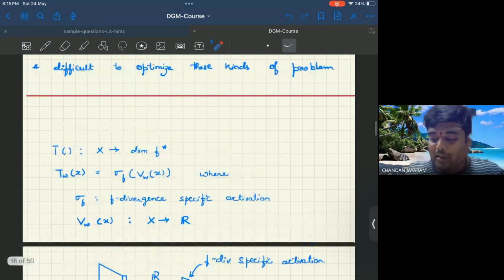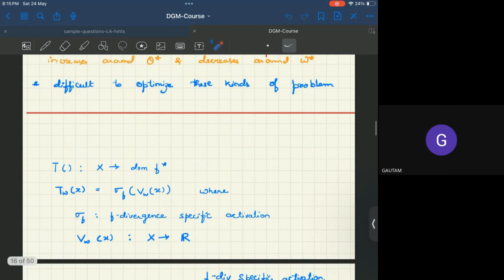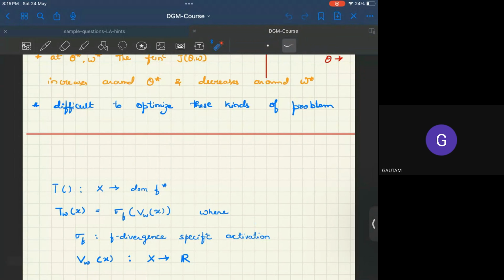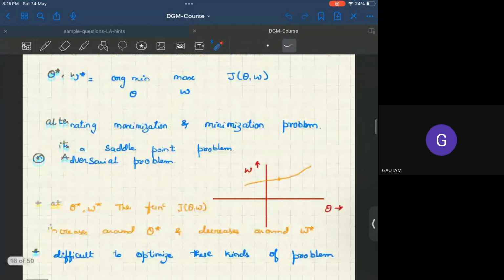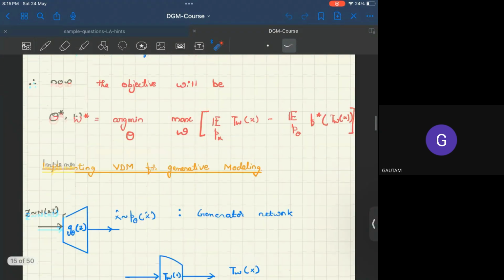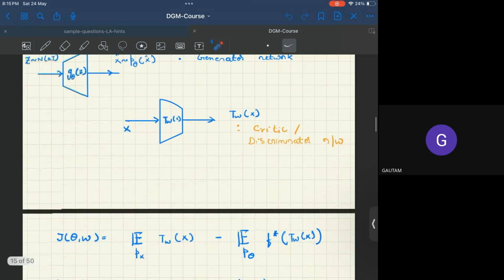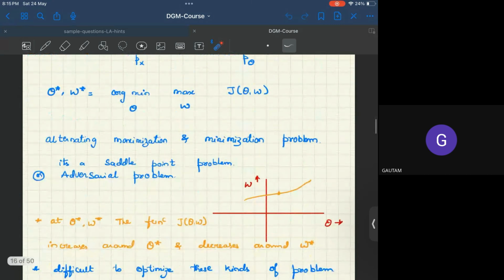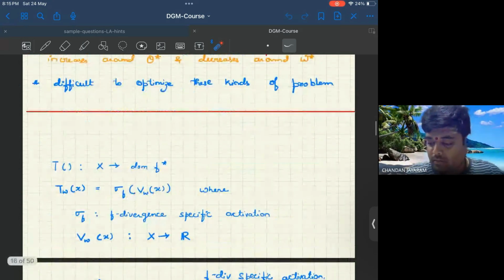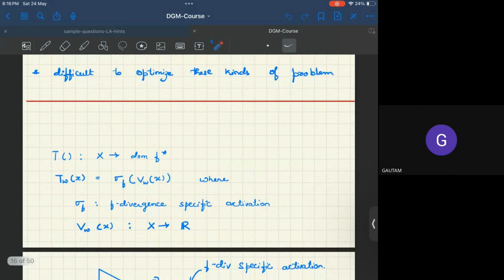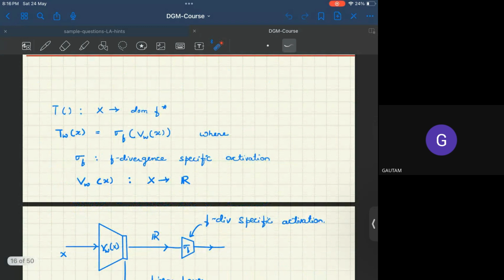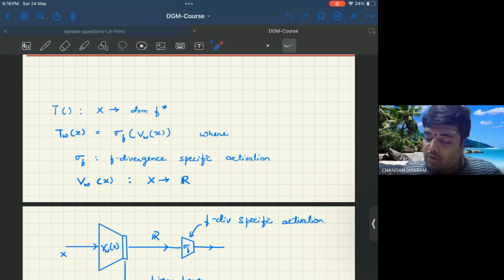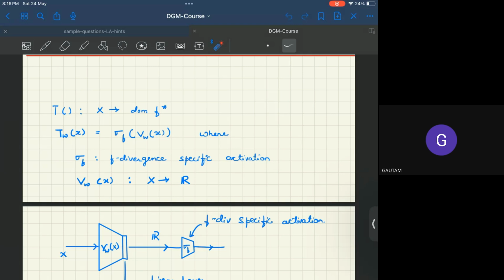Now, that is your question, right? The first part is why it is split into two parts, because we are assuming that the neural network can represent any function as a universal approximating function. So why do we need to split it into two functions? That is the first part of the question. And the second part is that I was lost in getting the sigmoid in the derivation. How did sigmoid come up? Do you remember that there is something called the F divergence specific activation? Why do we need it?